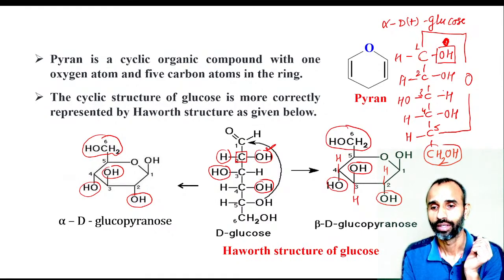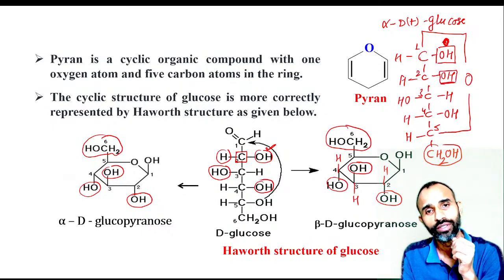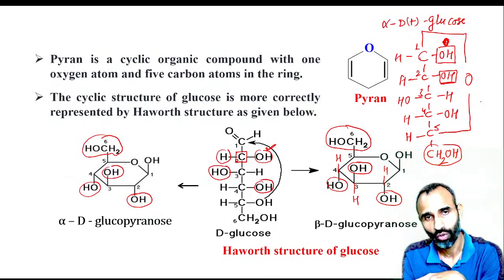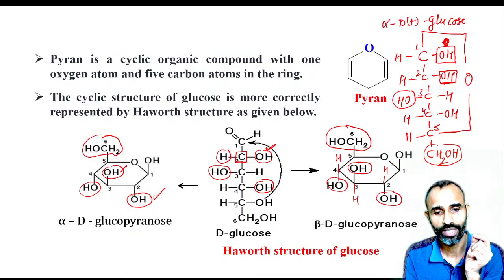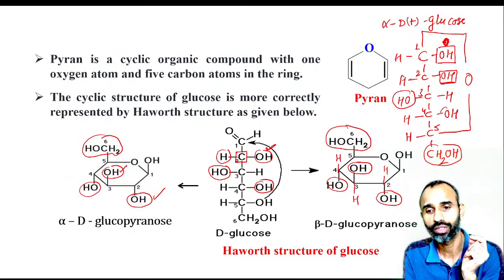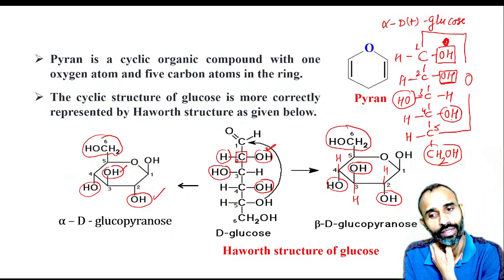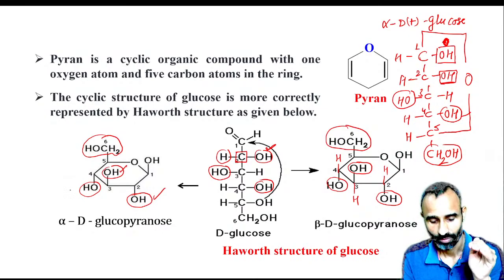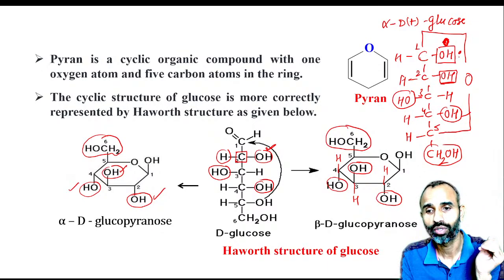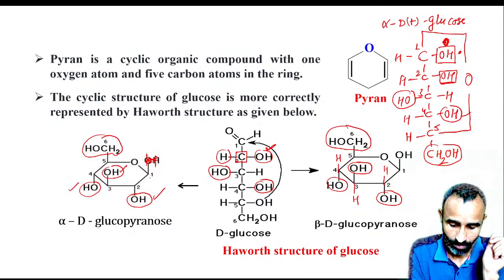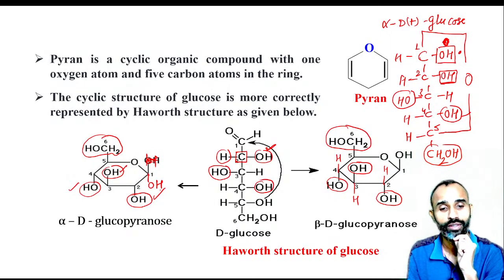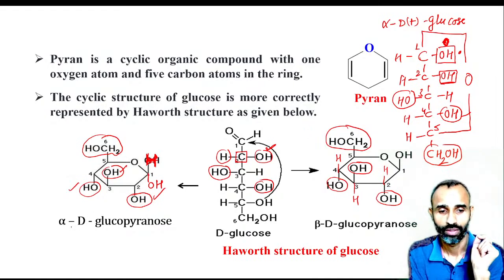See, second carbon OH on the right, we write it on the right below. Third, OH on the left, we write at the top. On the fourth, it is on the right side, below. So if it is on the first carbon, if it is on the right, it is called alpha and it should be below. That means it is like this. Make corrections. It is like this, okay? HOH. So it is alpha D plus glucopyranose